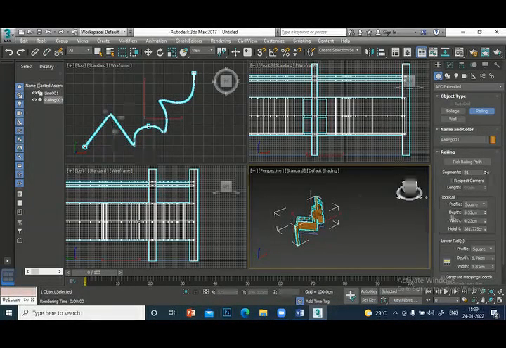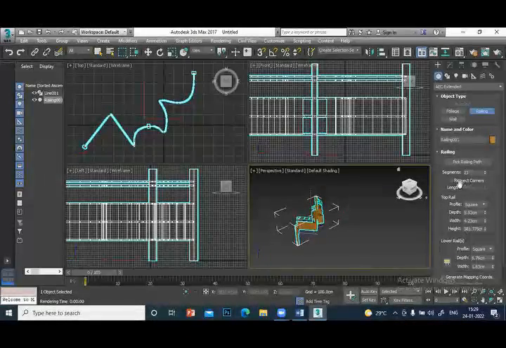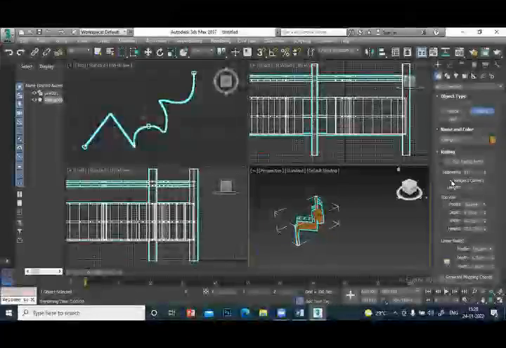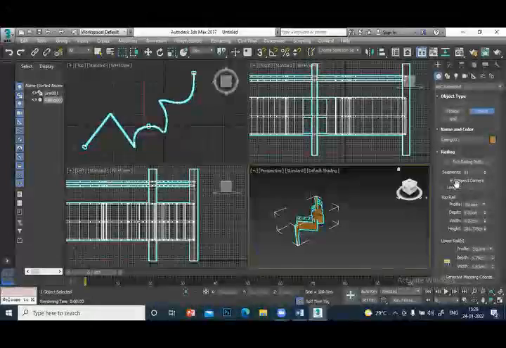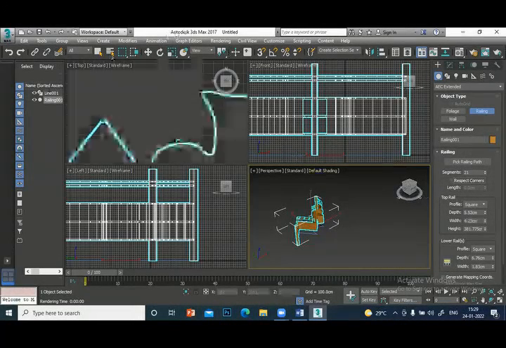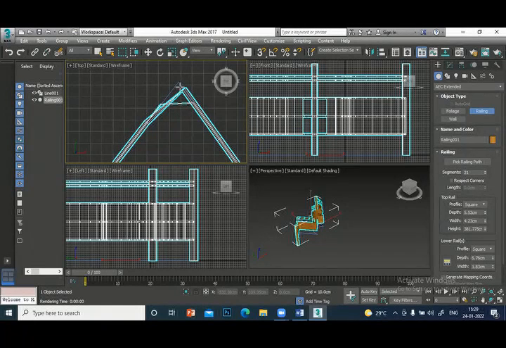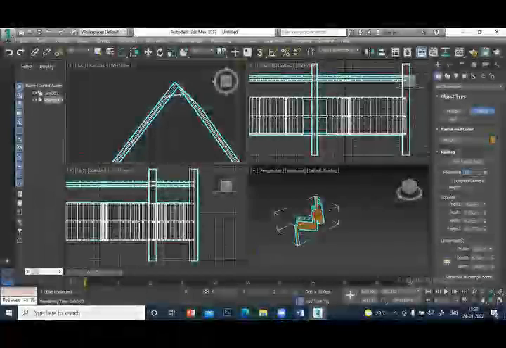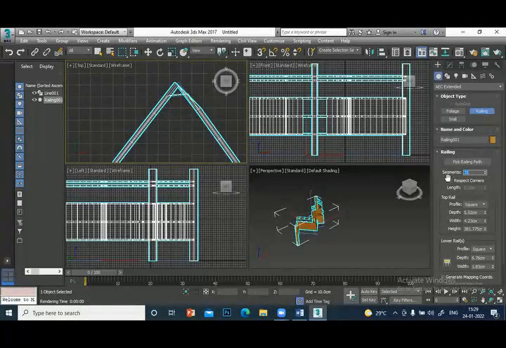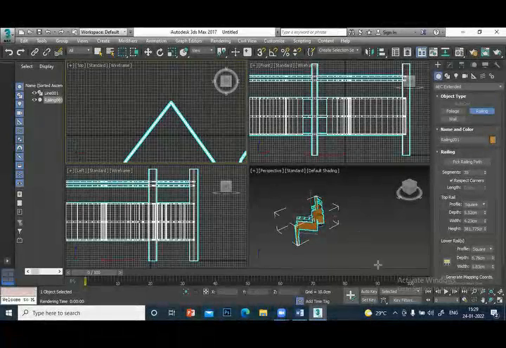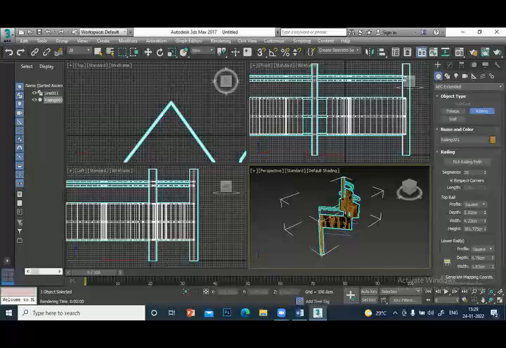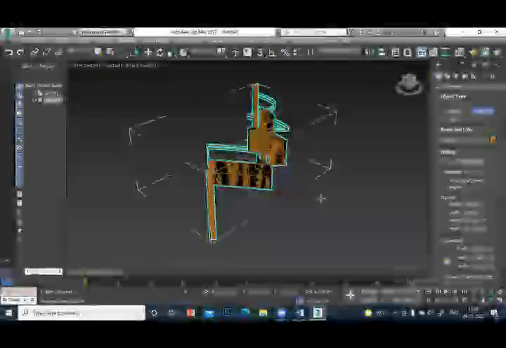And this corner, if you want more adjustment, you see respect corners. Click this, respect corners. So the corners will be there. If you don't respect the corners, you can see that corners do not come properly. You see here, my line is like this, it did not come. Still, you want some more segments, 35. Well, if you want to make a round there, respect corners. Click. So that adjustment will come there.